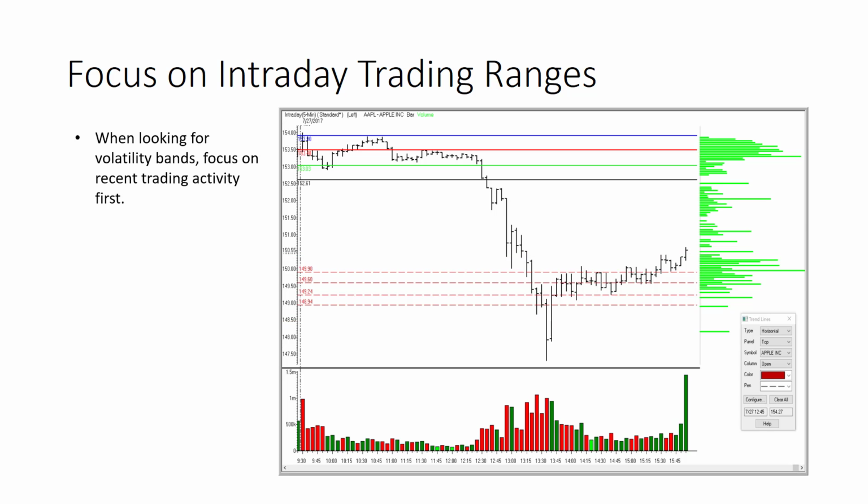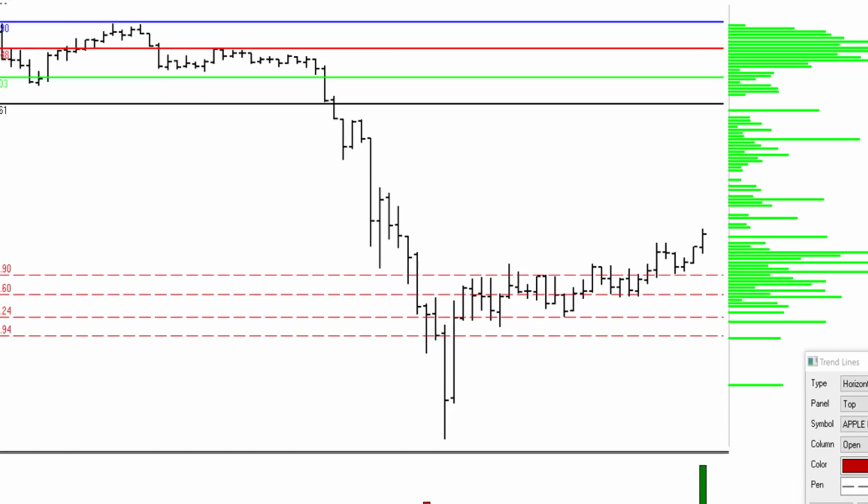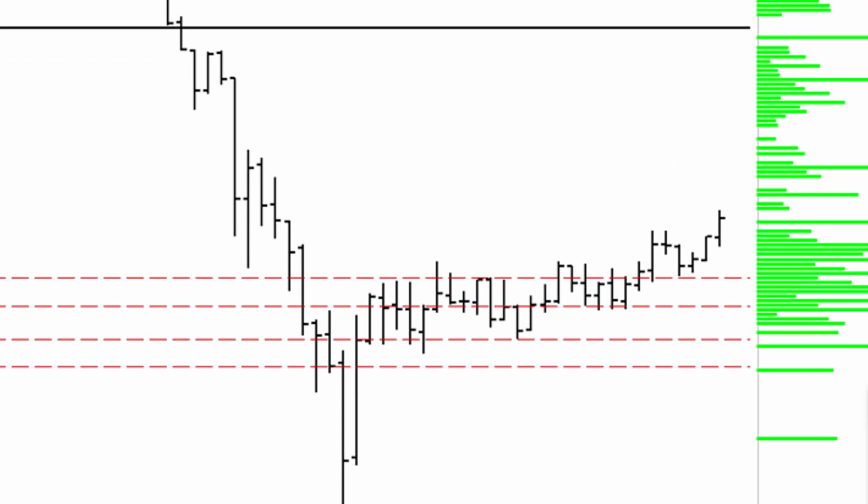So when I'm looking for these bands, what I want to do is focus on the most recent trading activity, because that's going to represent, generally speaking, a good idea of what's going to happen the following morning. So if the stock opens in line, I'm going to expect that Apple is going to trade around these lines that I've drawn on the screen here. And hopefully you can see why these bands are constructed in the areas that they are. They're encompassing some trading ranges, highs, lows, opens, closes. A lot of things are happening within those bands.